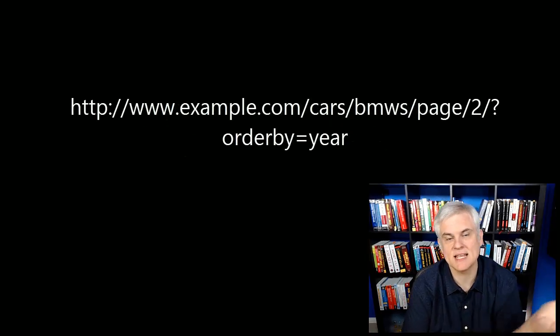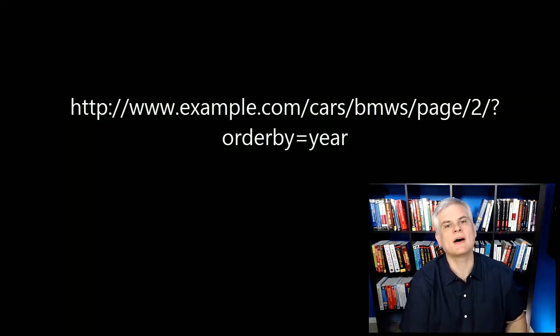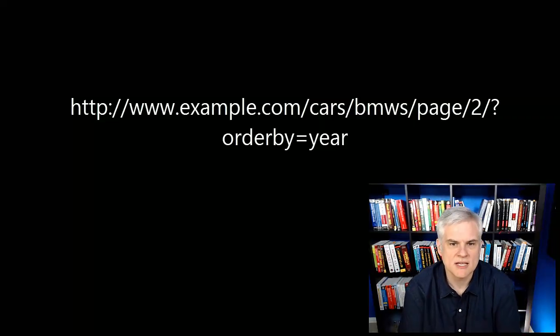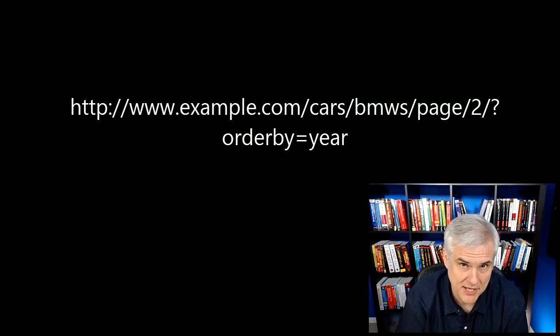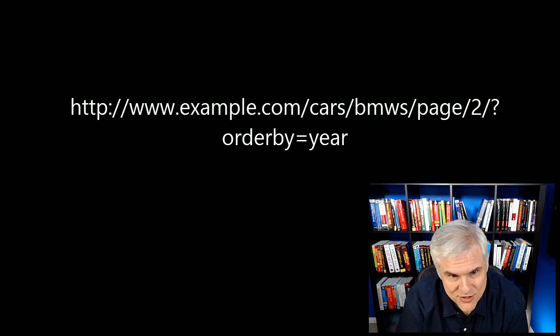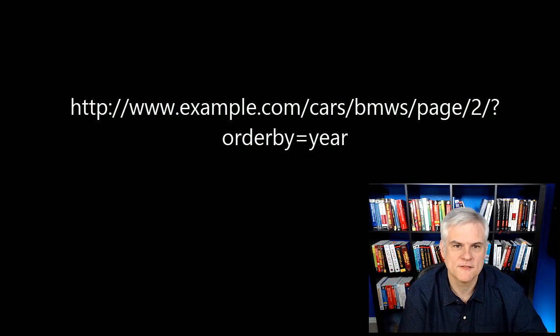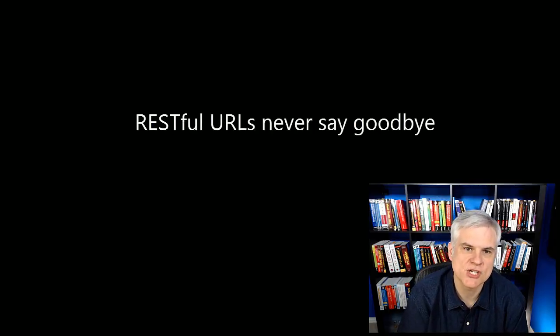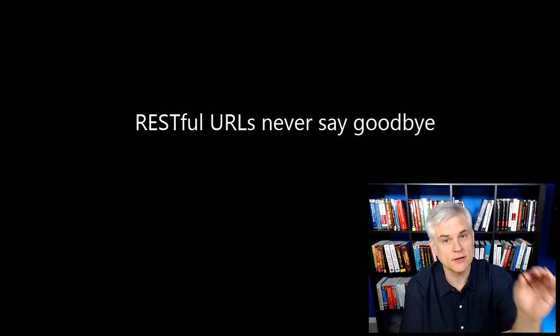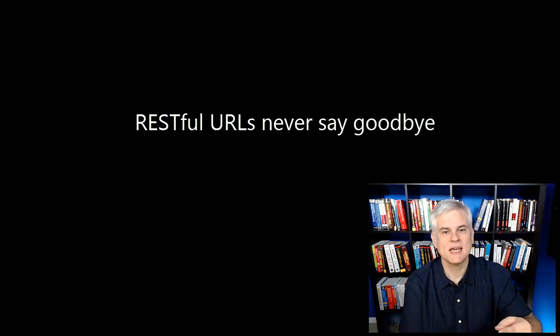Here we could have the exact same information conveyed in a URL without so many query string parameters. Example.com/car/BMW/page/2 query string order by equals year. Okay. So again, there are some of these things that are a matter of judgment. And finally, the last good piece of advice I was able to find is that good RESTful URLs should never change. You might want to add additional URLs that represent the same thing in the system, but these new and improved URLs should not be the only way to access the system now. The old URL should always work